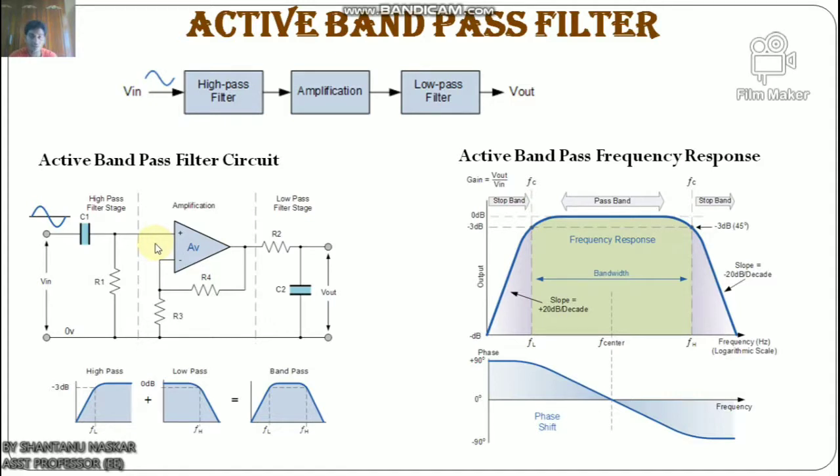The first stage of the filter will be the high pass stage that uses the capacitor to block any DC biasing from the source. This design has the advantage of producing a relatively flat asymmetrical pass band frequency response, with one half representing the low pass response and the other half representing the high pass response, as shown in this figure. Look here. High pass plus low pass, -3 decibel, 0 decibel, equals band pass FL to FH.